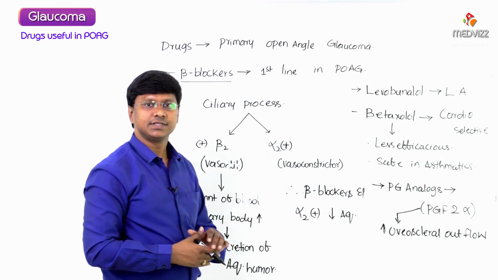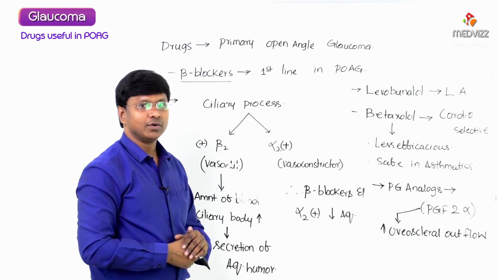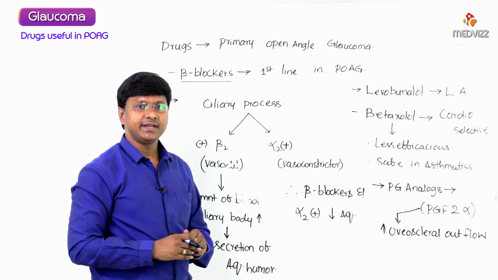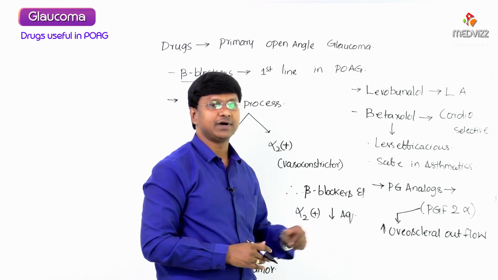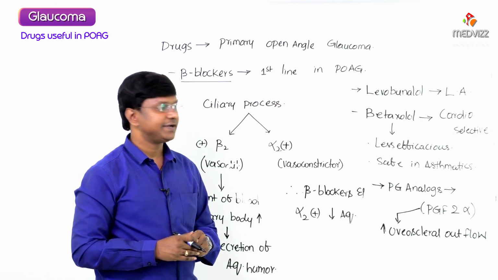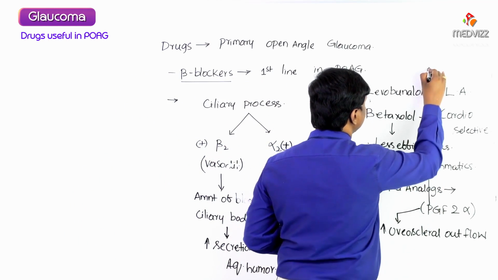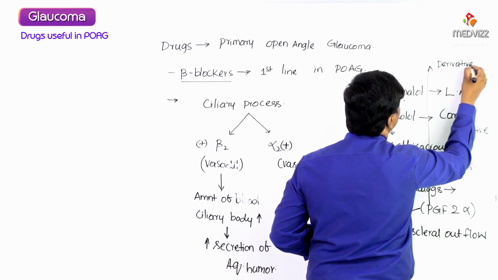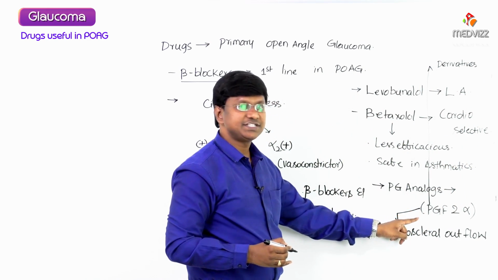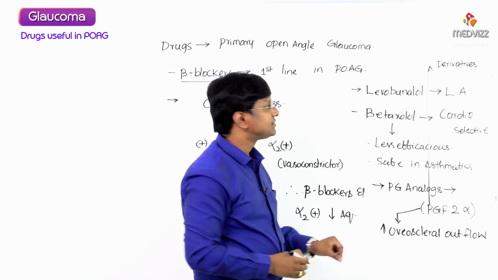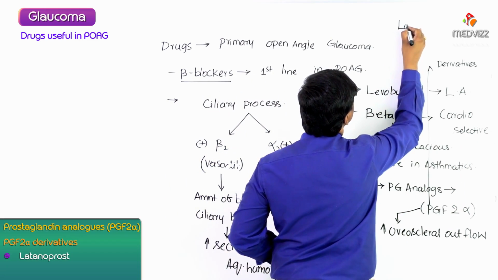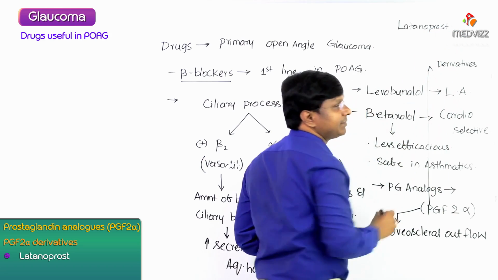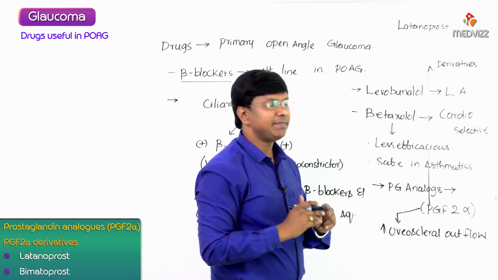Right, will increase the uveoscleral outflow. Now we have a group of drugs which are derivatives of the PGF2 alpha. Let me tell you the derivatives of this PGF2 alpha. These derivatives include latanoprost, okay, and the other derivative is bimatoprost,